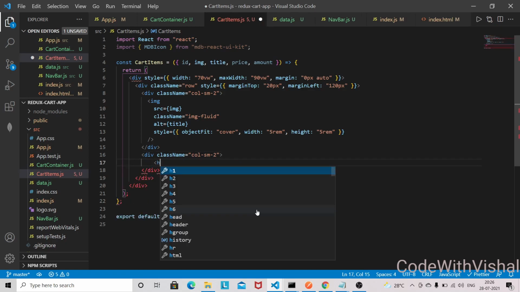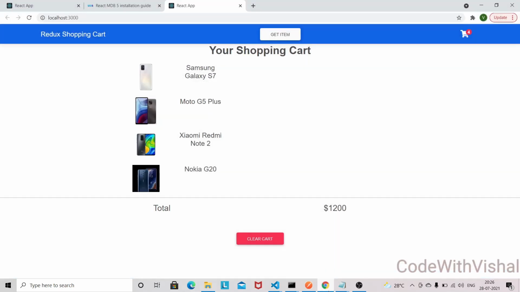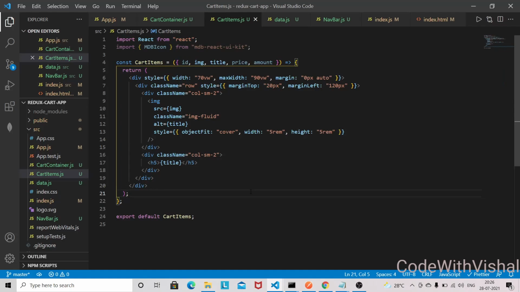So I am going to show the title in an h5 tag, and let's go into the browser. So now we are able to display the title of each product, and now we need to also display the price.